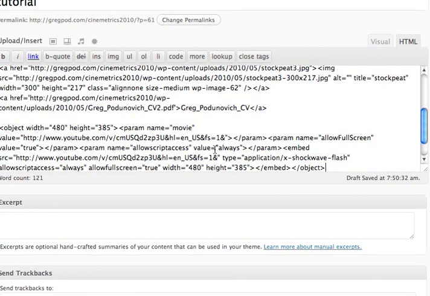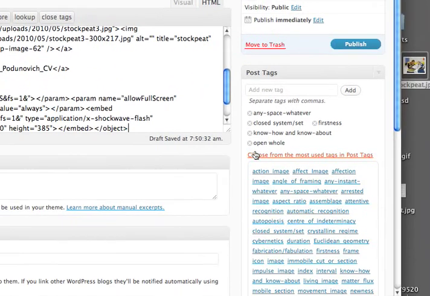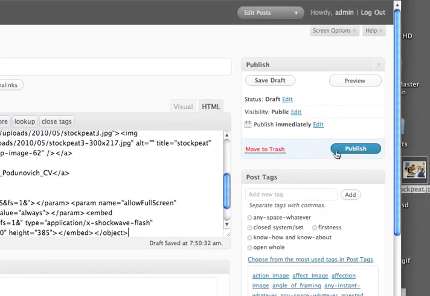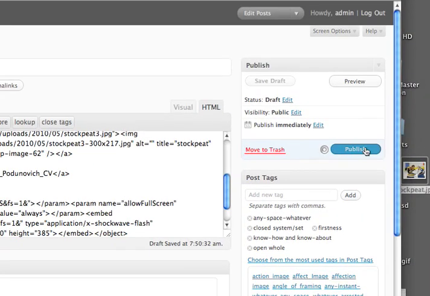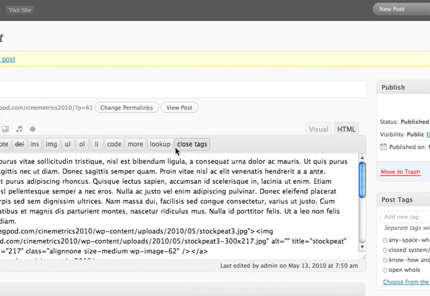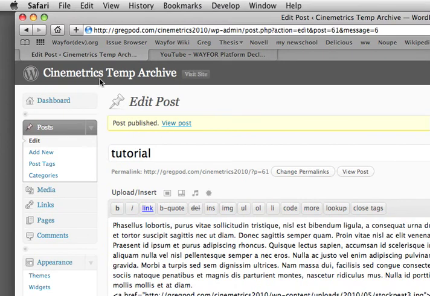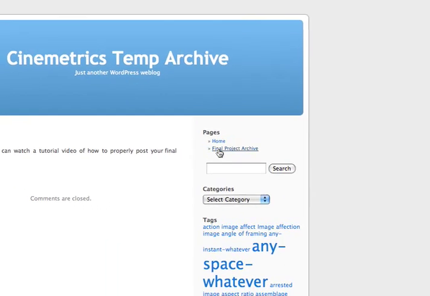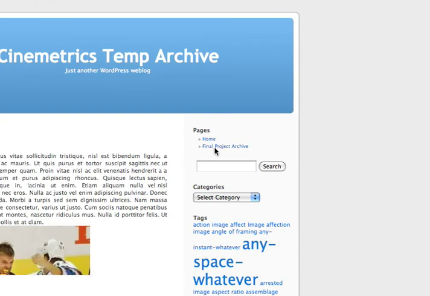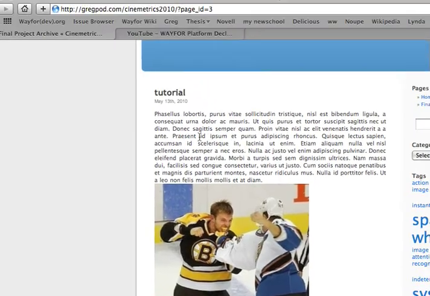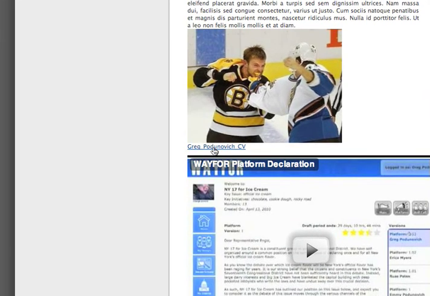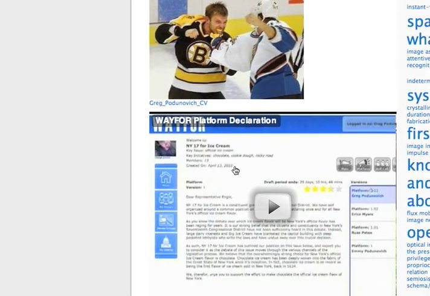So you got all your media, you got your title, you got your tags, you got your categories. The last and final thing you need to do is to publish. And once you do that, it then is on the site. It sometimes takes a few seconds. Once it's there, you can go to the site and actually look for it. Everything is going to go under the final project archive, and there it is. So I got my paragraph, I got my picture, I've got here's my link to my PDF, and here is